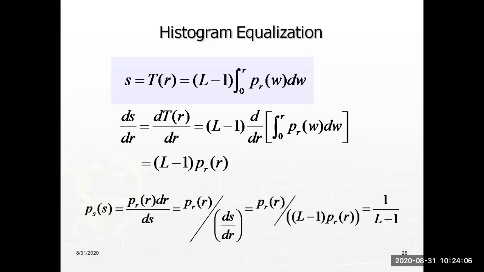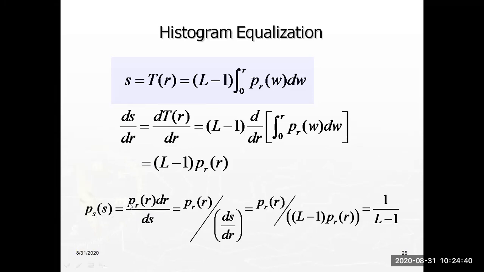Okay, PR of R, and PS of S is given by, that means ds by dr is nothing but PS of S is given by PR of R of dr. That means take this probability density function and differentiate with S. So what is PR of R, and if you observe, this is ds by dr interchanged. Now we already have PR of R.